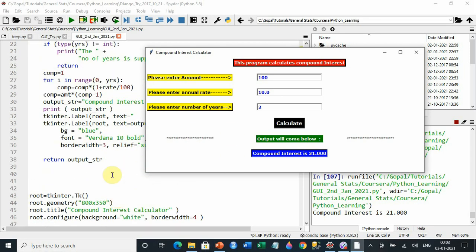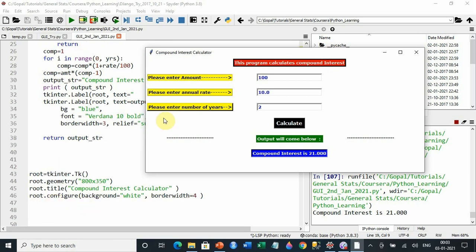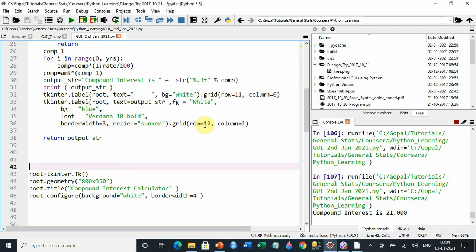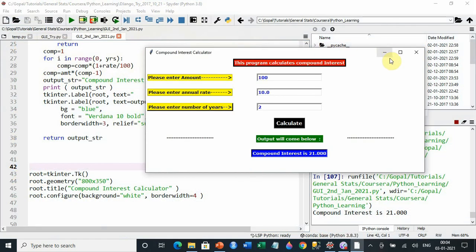To repeat, root is what gives the main page. The white color background is the image of this whole root, and within that you are placing labels, entry boxes, and buttons to make it work. I put this in also because it helps you a lot, makes it proper and look clean, and within that the value is appearing. Here I'm putting this in column 1, row actually 12 I believe, grid row 12, and that's how it is coming nicely. So this whole thing is done.